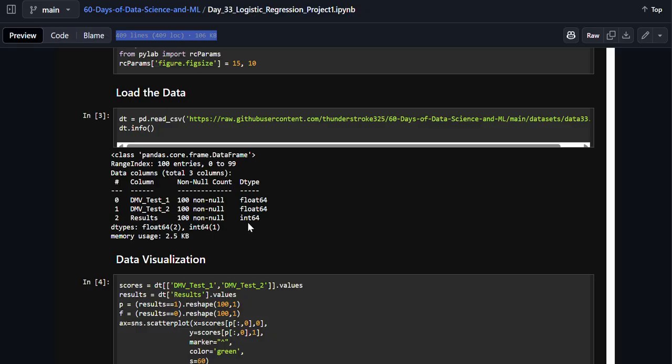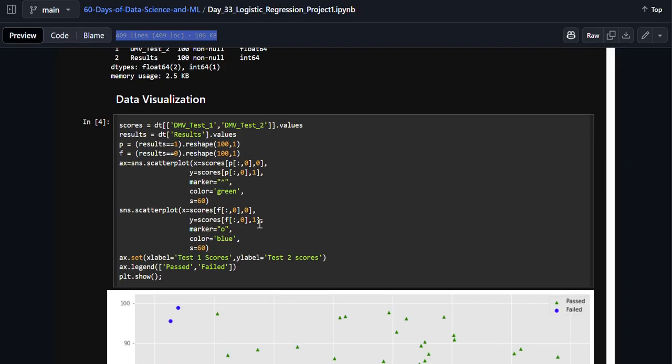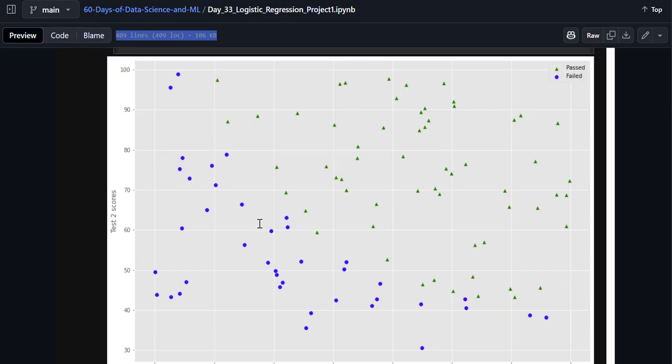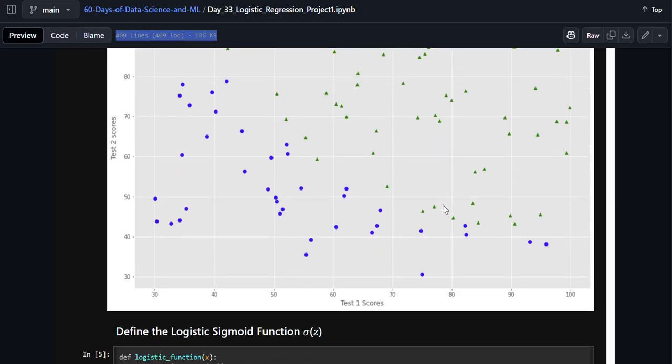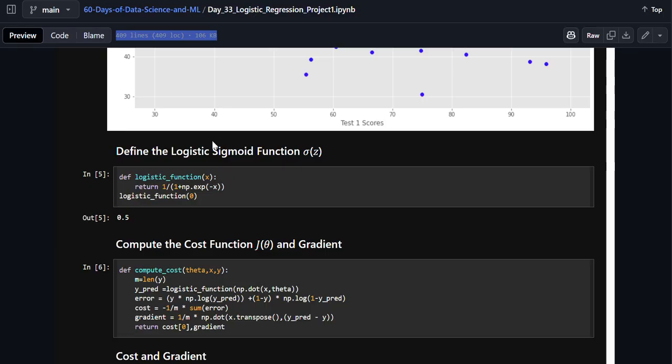So the data is loaded. It's DMV test data. There's visualizations that are done with the data. Shows passed and failed results for test 2 scores. There's a logistic sigmoid function which was defined. So this function is defined here with returning 1 over 1 plus the exponential of negative x, and then logistic